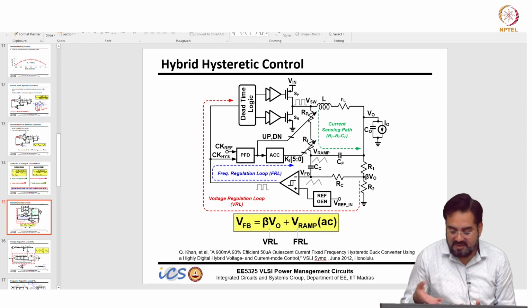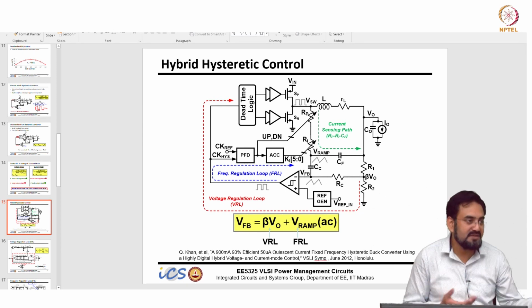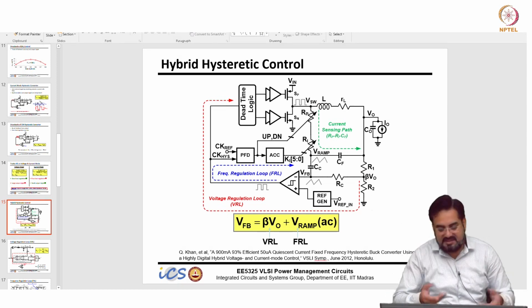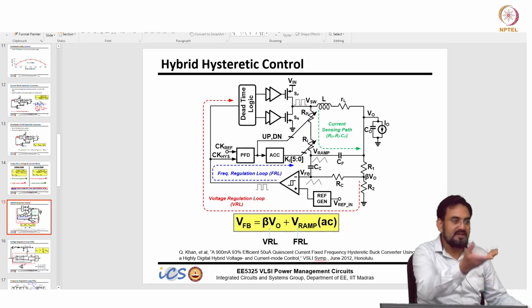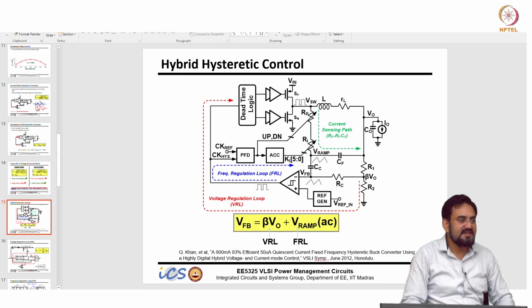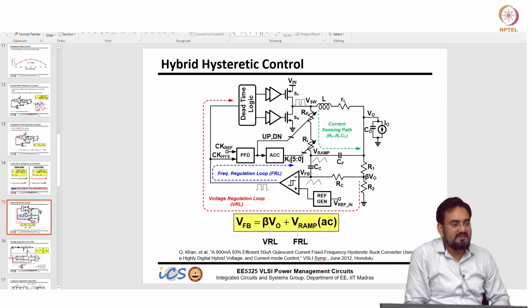So the only drawback will be maybe you need to check accuracy, which may not be as good, since it is non-linear and there is no integration happening here. But still you get decent accuracy. Even if you want accuracy as good as we already talked about, you can use an integrator in the feedback and adjust your VREF. So in the steady state you can still achieve similar accuracy by adding an integrator, which is not difficult.